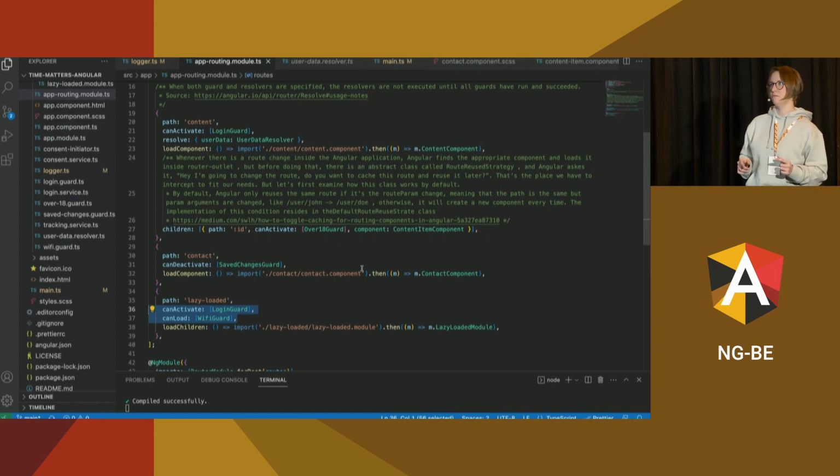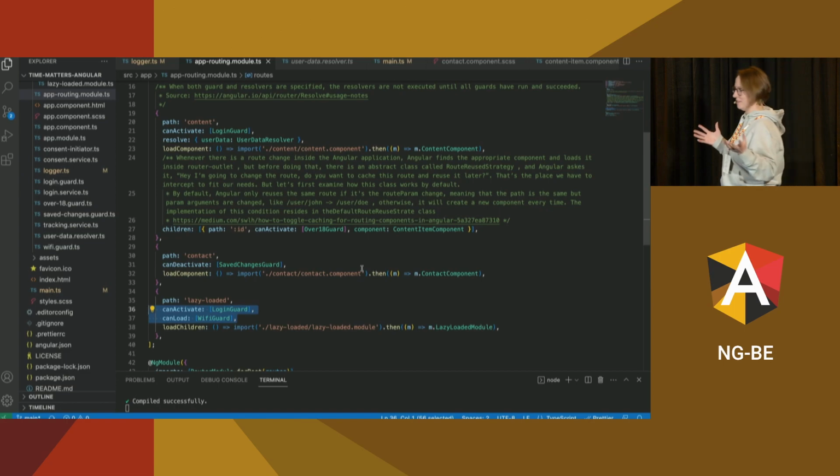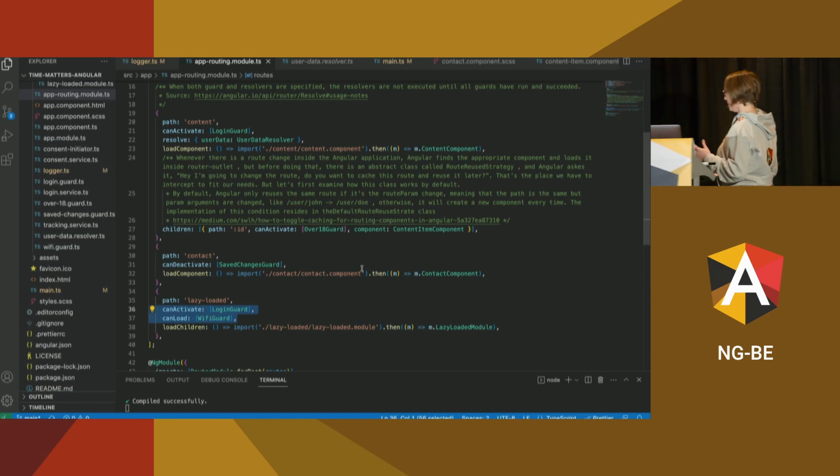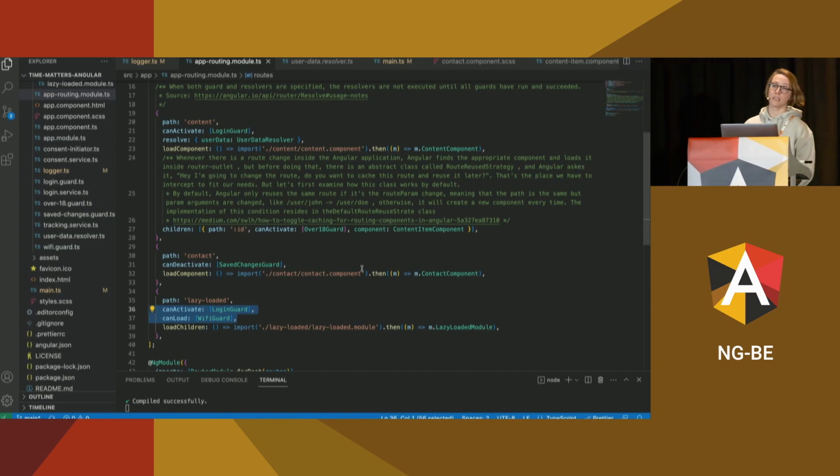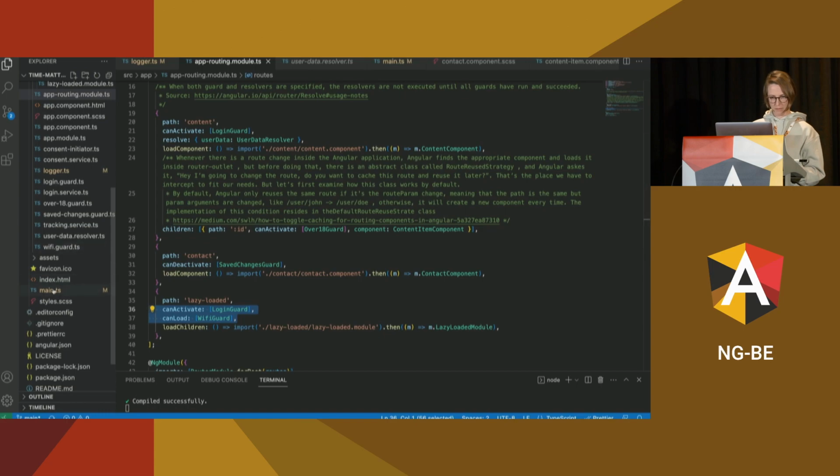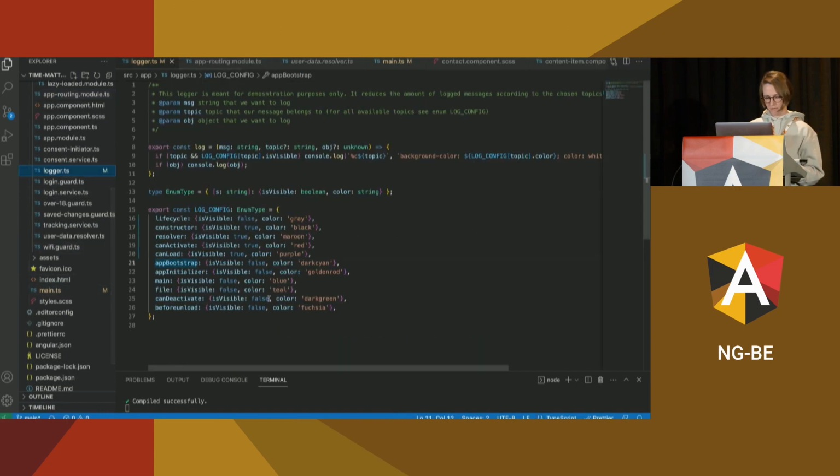But what if we'd like to execute the code at the very beginning? And what is the beginning? It's also kind of a philosophical question. For this, Angular gives us 3 injection tokens to define more precisely what is the beginning. The first one is the app bootstrapping token here.